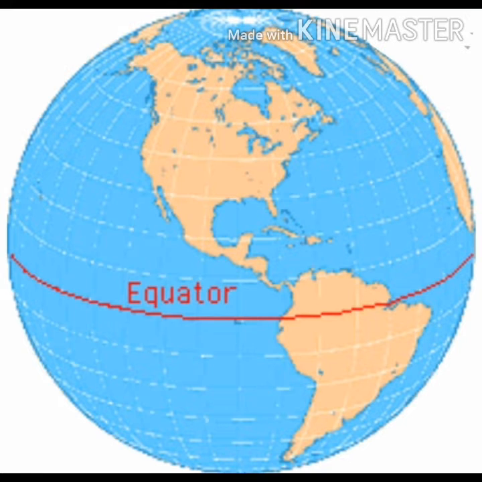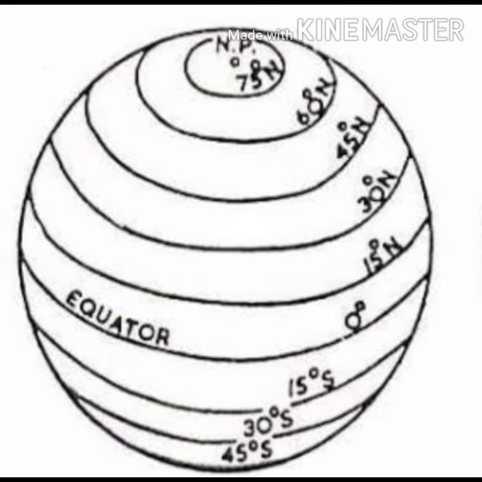Got it? So the next thing we are going to study is latitudes. Now what do we mean by latitudes? Latitudes are the horizontal lines. As you can see in the diagram also, these are the horizontal lines which are moving from the equator up to the poles, that means to the North Pole and South Pole, right? These are the horizontal lines which are moving towards the North Pole, as you can see in the picture also, right?